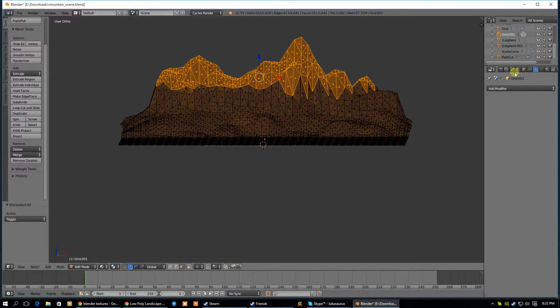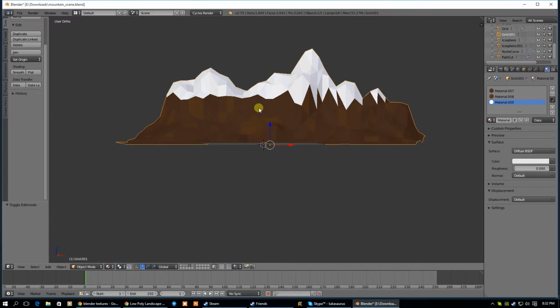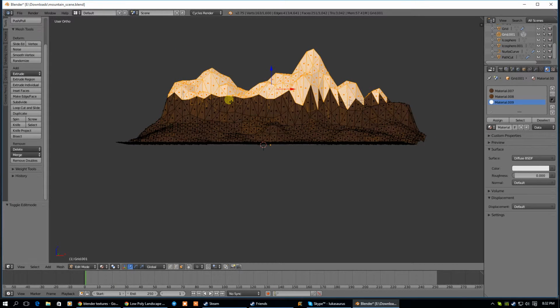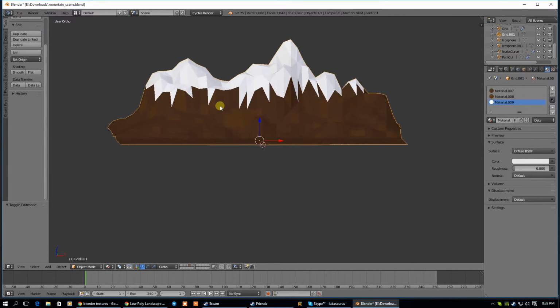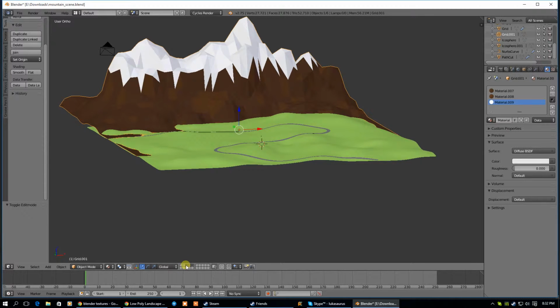So select the snowy peaky areas, go to material, assign that material there. And you can see that those bits look a lot better now. If I go back in here, I could probably select a few of these that are coming down and assign that the white bit as well. Okay, so if I bring that one on and I bring that on and I bring that on,